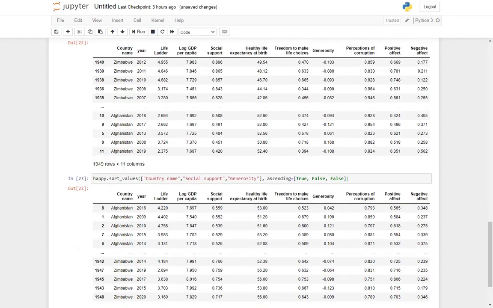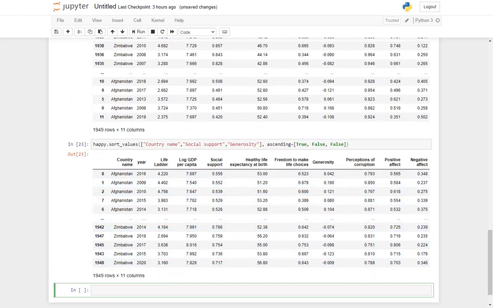So now let us see what is the output. As you can see, the country, which is the first preference that I've given, the first column that I've mentioned, is country name. So the first preference will be given to sorting according to the country name, Afghanistan to Zimbabwe. Now there are multiple rows wherein the country name is Afghanistan. So then it will look into the next attribute, that is social support. Social support has to be sorted in descending order, so as you can see in Afghanistan, it is sorted in descending order.